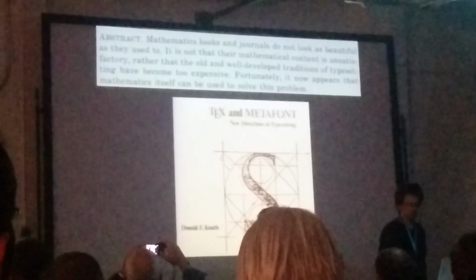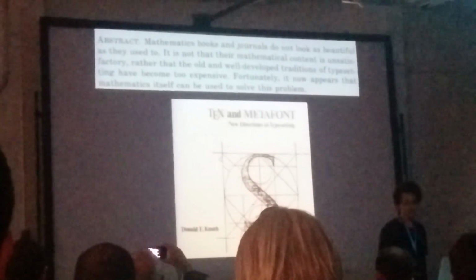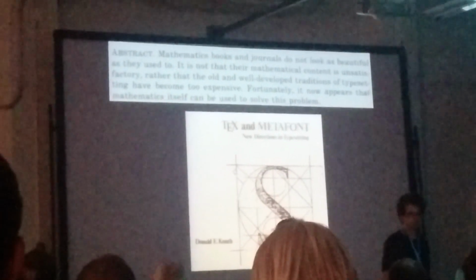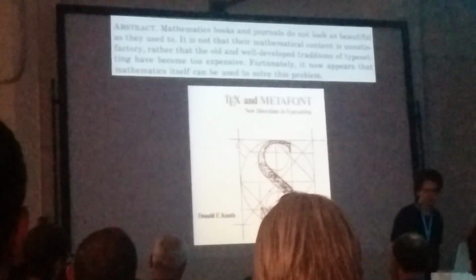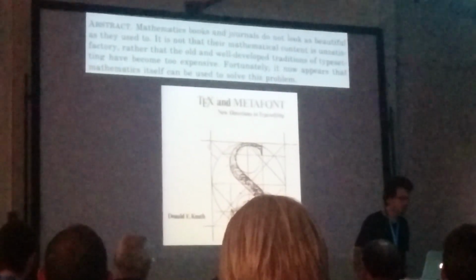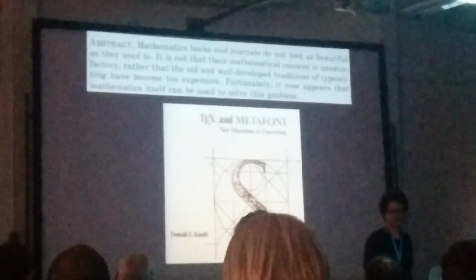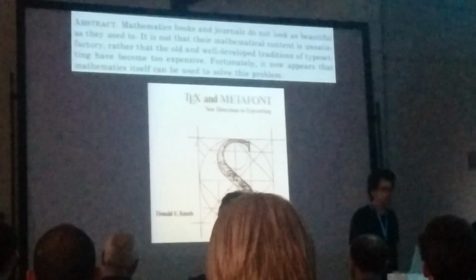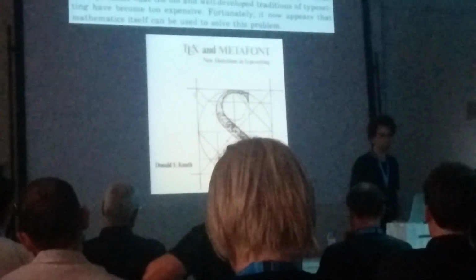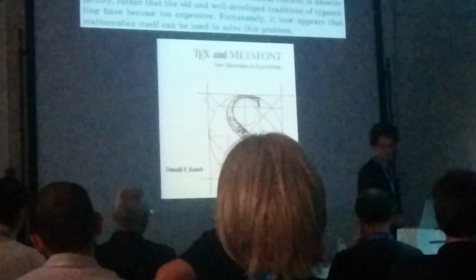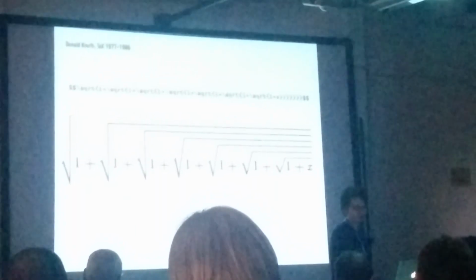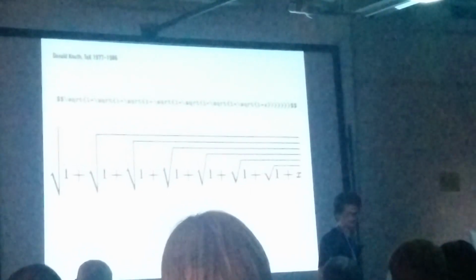He was writing a series of books on the art of computer programming, and after two volumes, his printing office switched from metal typesetting and letterpress printing to photo typesetting and offset printing. And that's when he decided to do his own system for mathematical typesetting. So he started with TeX,